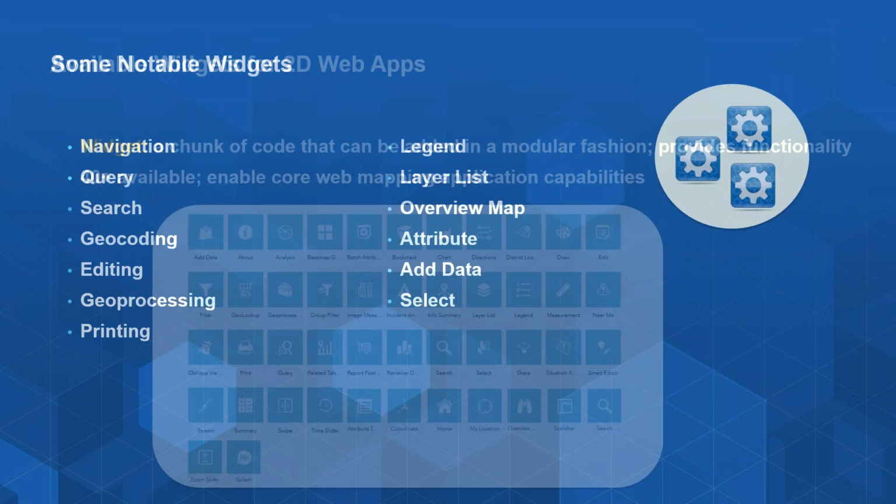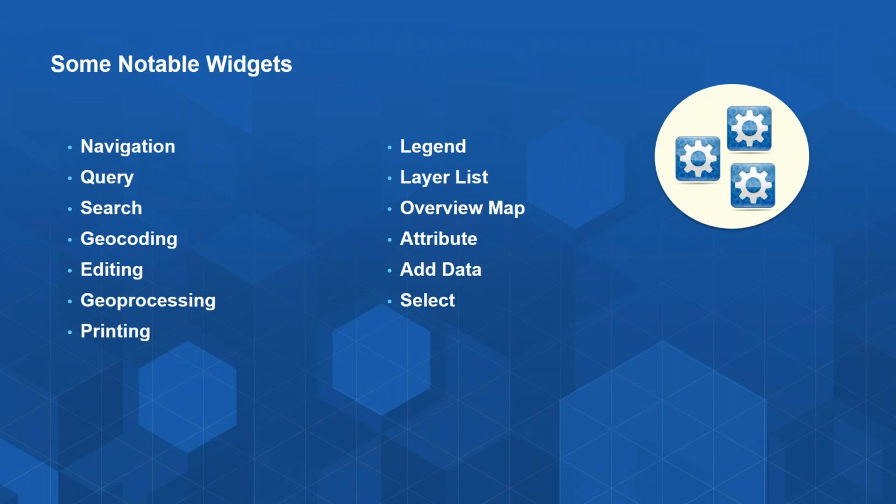So again, we have some core widgets for some of the key base functionality that you would need in any kind of GIS app. Geocoding, doing feature selections. And again, you control and you decide how simple or how complex you want the app